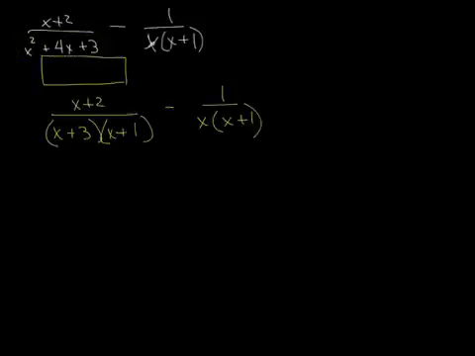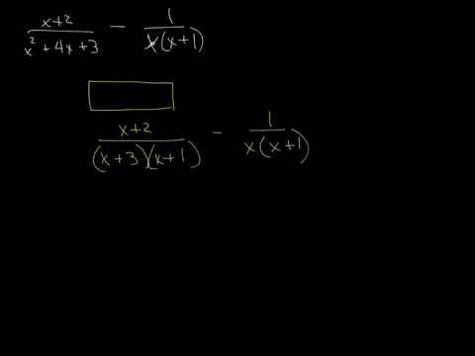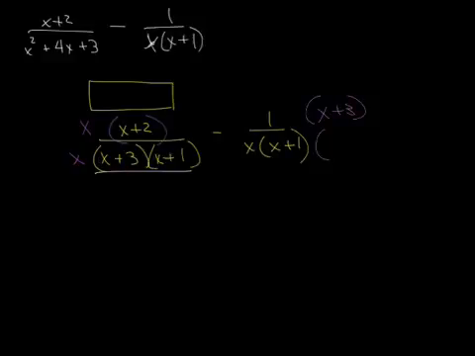Alright, so now let's see. I'm going to bring this over here so I have a little more room. Let's see what we're missing. So I've got that, and I'm looking at that. What am I missing here? Well, this has an x plus 1, so does this. This does not have an x all by itself, so let's put the x there. And let's see, what else do we have? Over here, we have an x and an x plus 1, but we don't have an x plus 3. Okay, so now I have an x times x plus 2 all over